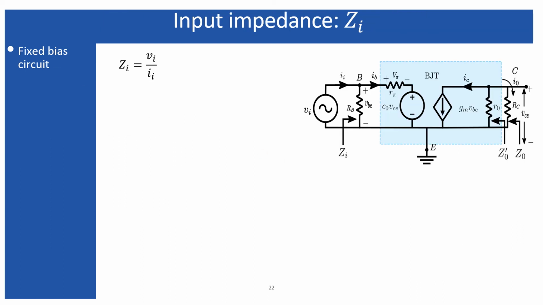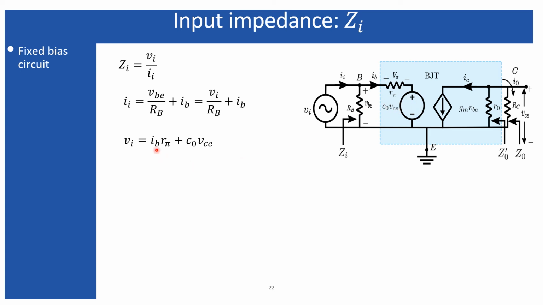The input impedance, which is defined as the ratio of the input voltage to the input current, can be found very easily. First, apply KCL at this node to find the expression of Ii, the input current, which equals the current through RB, and that equals VB divided by RB, plus this IB. And since VB equals Vi, I can replace VB with Vi in this expression. Next, apply KVL within this branch, and you will get VB equals the voltage across this resistance, which is nothing but IB times r pi, plus this voltage.